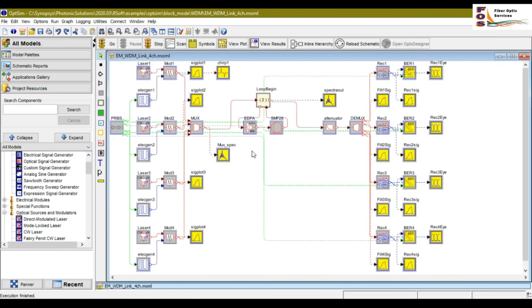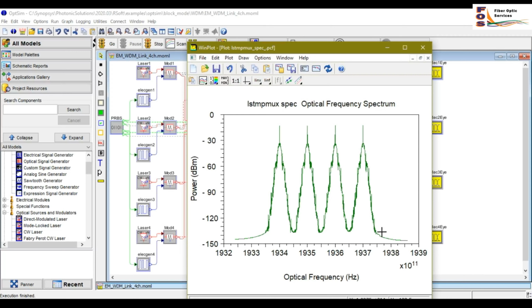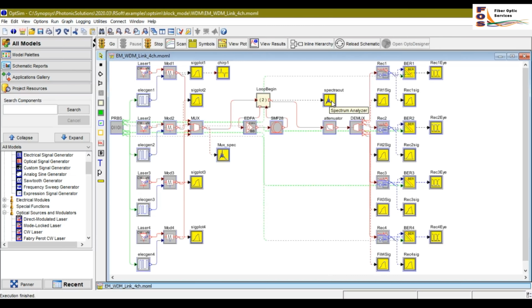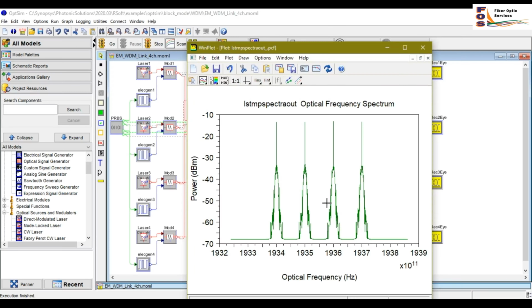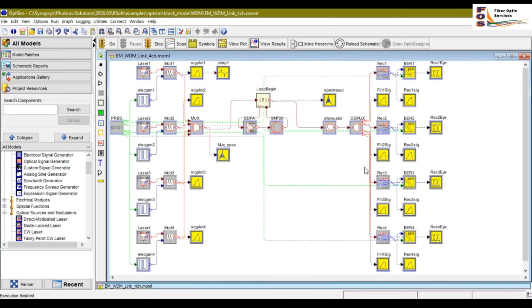If you go to the optical spectrum at the multiplexer, there you can see all the 4 channels. In the same way after the fiber, you can find the spectrum for 4 channels. You can compare these spectrums and analyze the performance.